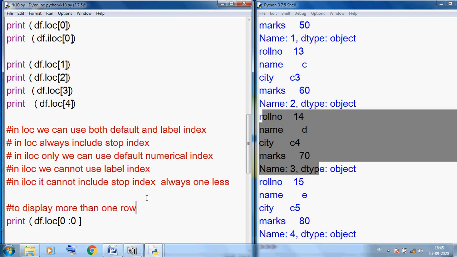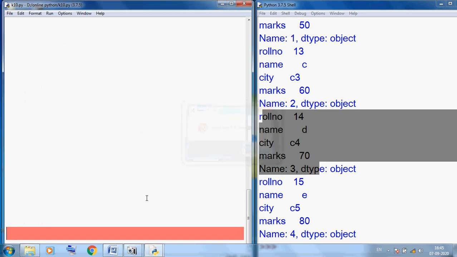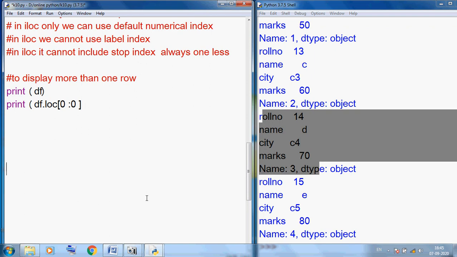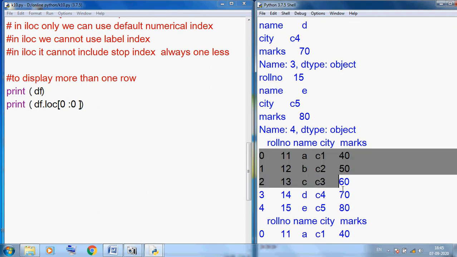Here I am displaying our entire data frame first so we can easily understand. Control S, F5. You can see this is our entire data frame.